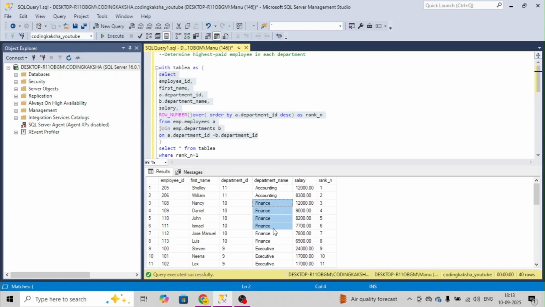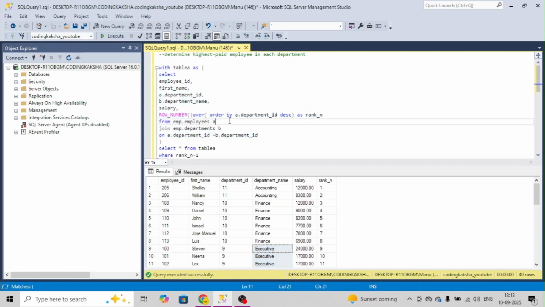Then for finance it gives 3, 4, 5, 6, 7, 8. Then executive, and so on. It's not making any sense. If you filter on one, it will not give that record. So we have to first partition the table, and only then use this sorting. Once we order the records, we can fetch the first record in each partition. This way we can easily solve this question.